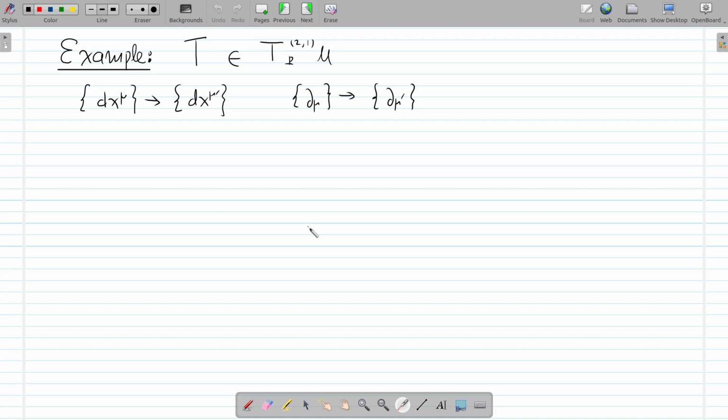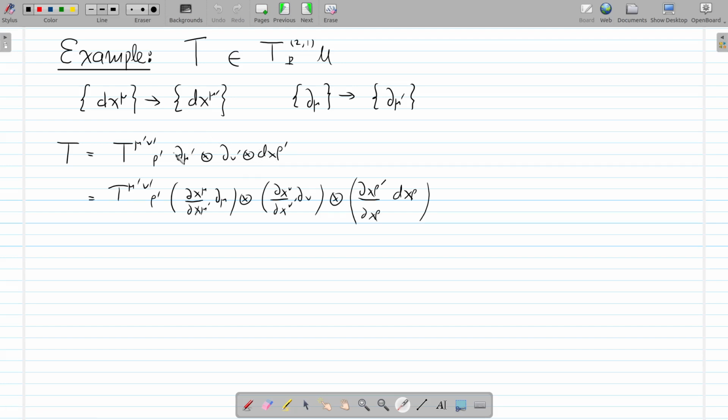If we make a change of coordinates, then the gradients dx mu transform to dx mu prime, and the vectors d mu transform to d mu prime. Then the tensor T is a linear combination of the basis formed by the tensor product of 2 coordinate vectors and one 1-form. So if we express each coordinate vector d mu prime and d nu prime in terms of d mu and d nu, and similarly we do that for the dual basis, and we express the 1-form gradient dx rho prime in terms of dx rho,